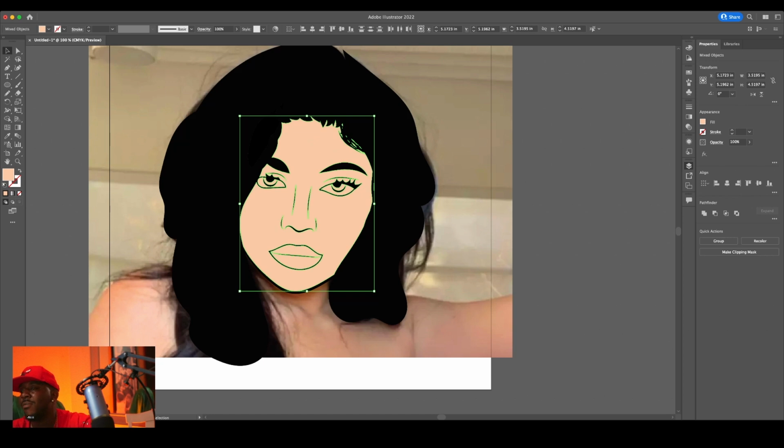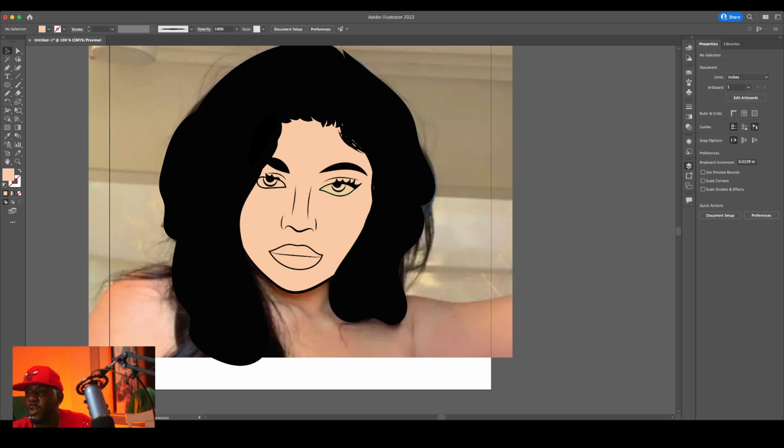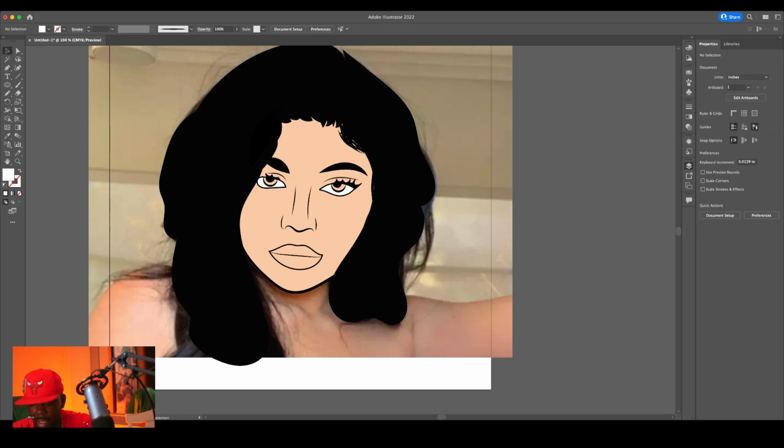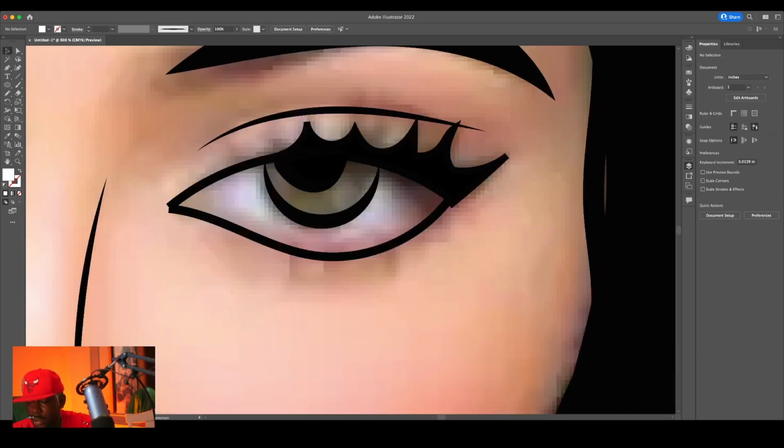All right, so now you have your color isolated and your line art isolated, right? You're gonna lock your line art because it's not really gonna move anymore. And now we're gonna start coloring, right? So we're gonna make the pupils white. All right, what color are her eyes? Like hazel, I guess. So